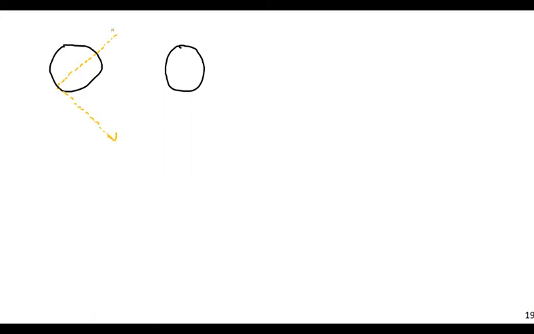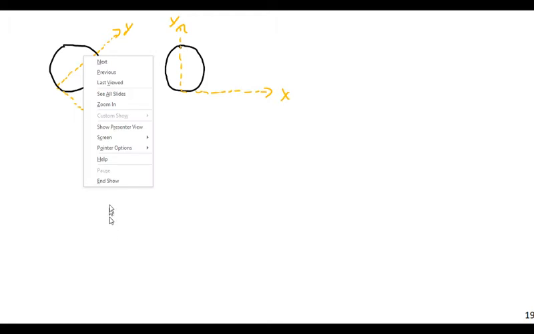I'm going to define my x and y axis as such. X and y. And then the forces on here,